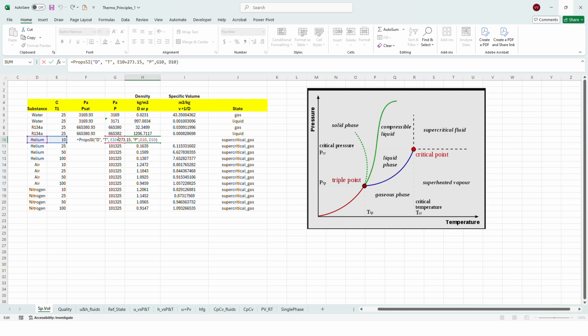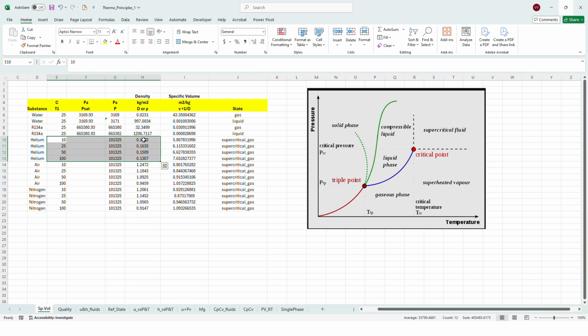Okay, this 273.15 is converting the degree C to Kelvin, and it's giving the value in kilogram per meter cube. So the specific volume is 5.8, which is the inverse of this number. Okay, and as we increase the temperature, we can see that the density is decreasing and the specific volume is